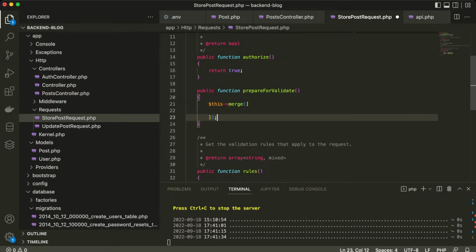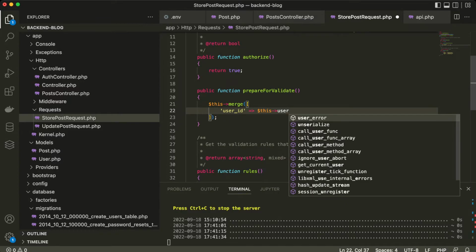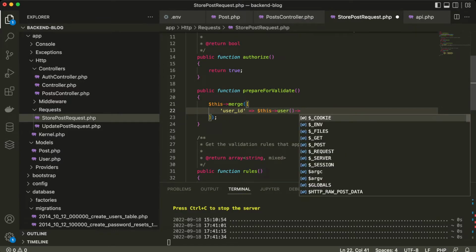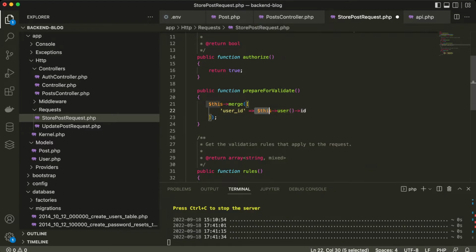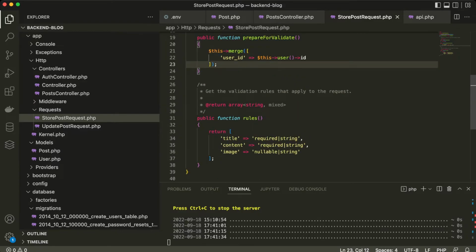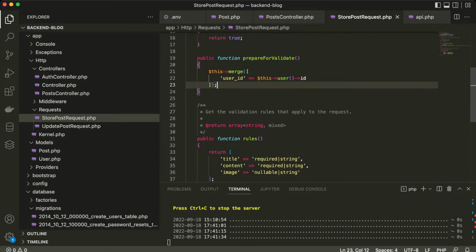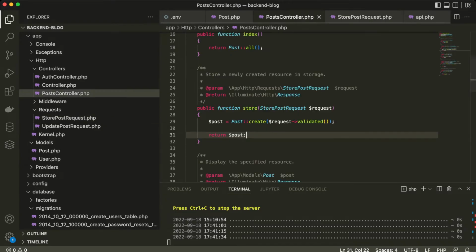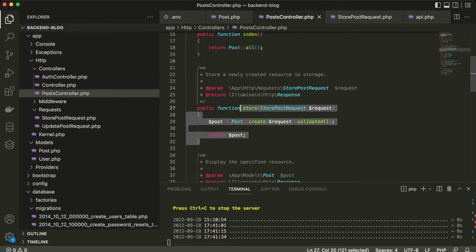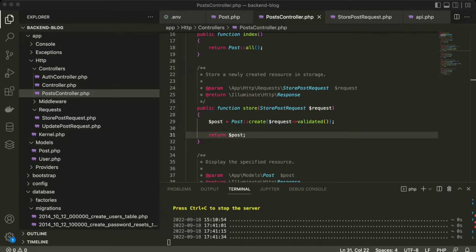We open an array, and here we type user ID, and now we can define the value of this field. So I'm gonna call the user function, and after that I'm gonna get the ID of the current user. So if the user is authorized, we're gonna get the current user ID and add this field to the post body. Okay, so that means that we can now test this store function, and we can also test validation, how